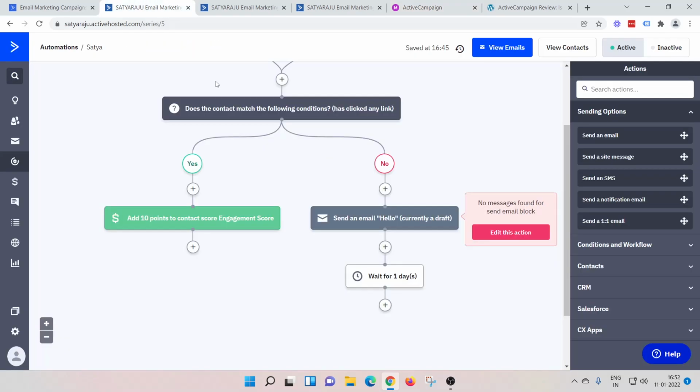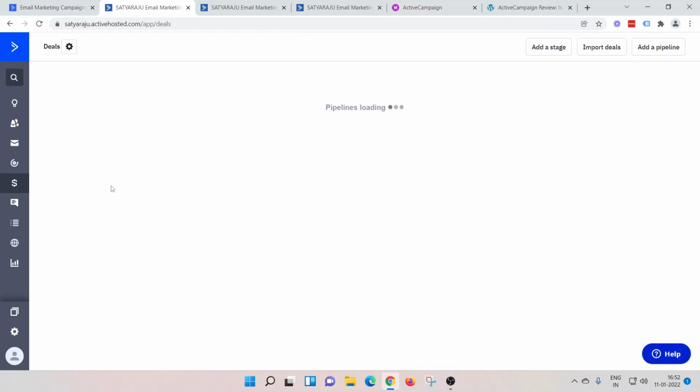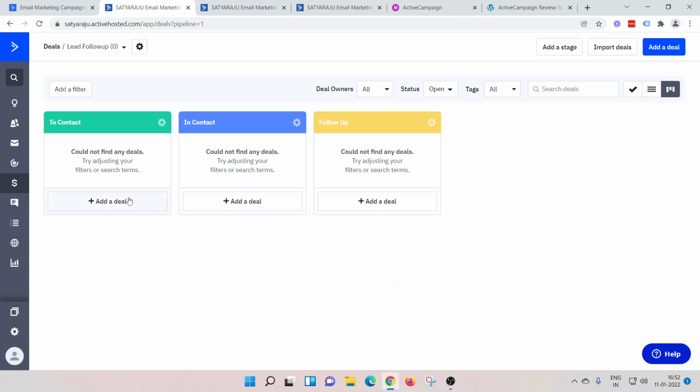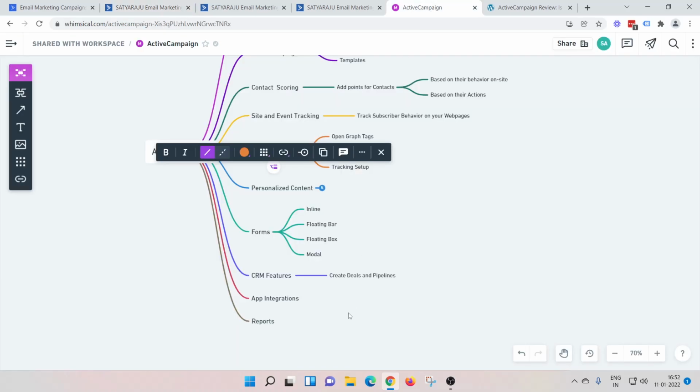So CRM features are basically available here. This is the deals and CRM feature. This deals feature will allow you to create deals just like your CRM. Actually, I did not explore this much, but yes, if you need a CRM for your business, you can always use this. Conversations requires you to have a separate trial. Conversations includes the chat widget on your website or omni-channel chat box, so you can track that behavior also inside ActiveCampaign, and you can trigger automations based on that.